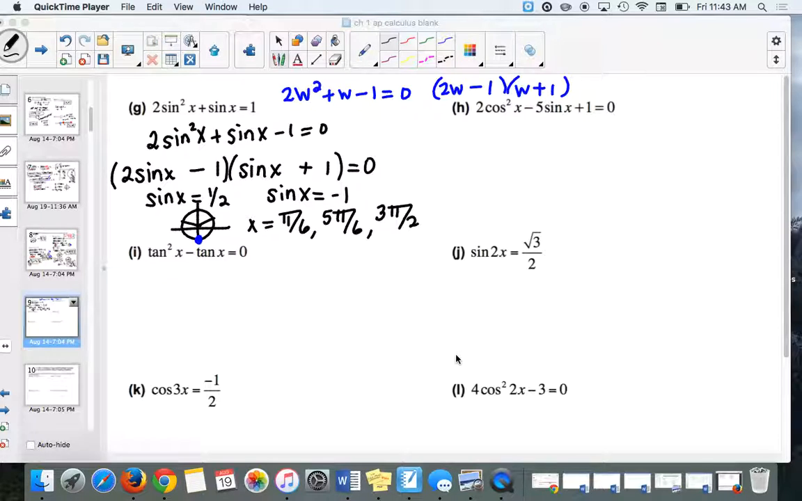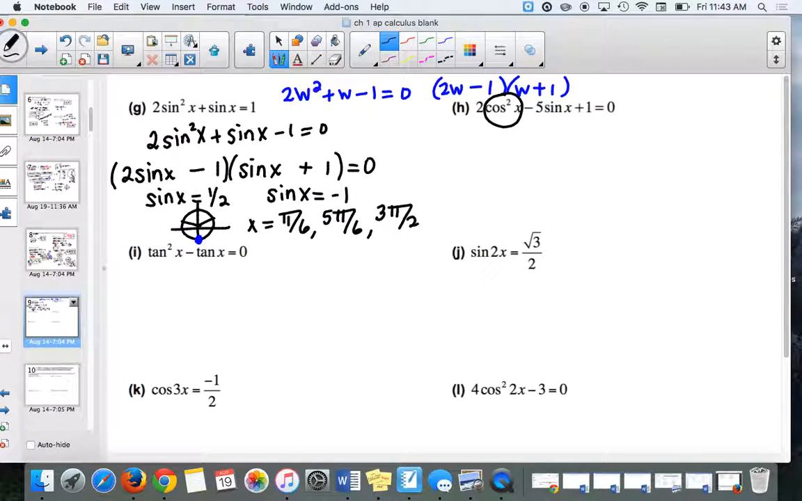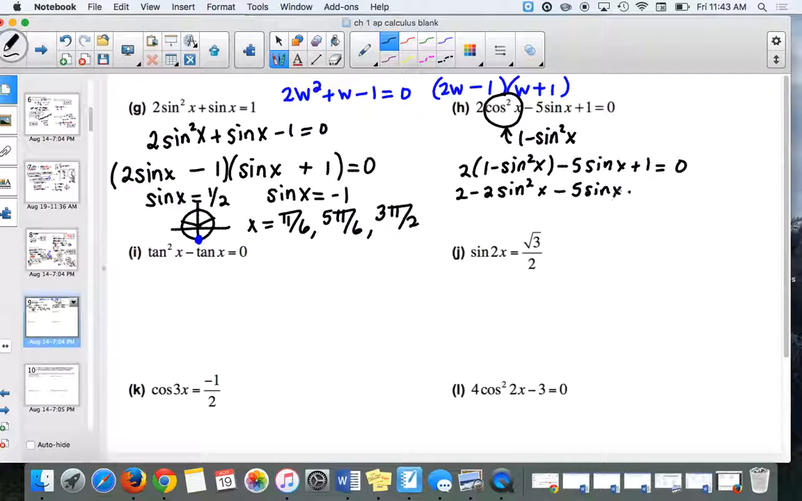So what we're going to do is a little trick. We are going to change cosine squared into something that it's equivalent to. We know that sine squared plus cosine squared is equal to 1, right? So if I just have cosine squared, what can I replace it with? 1 minus sine squared. Yeah, 1 minus sine squared. So I'm going to do that. I'm going to have 2 times 1 minus sine squared x minus 5 sine of x plus 1 equals 0. So I get 2 minus 2 sine squared x minus 5 sine of x plus 1 is equal to